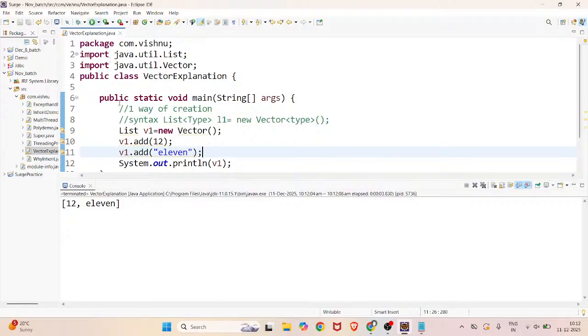It stores the integer and the string also. Is it possible with the array? No, right? Also we have to fix the size for the array. Suppose your intent is to store only the integer type of elements, then